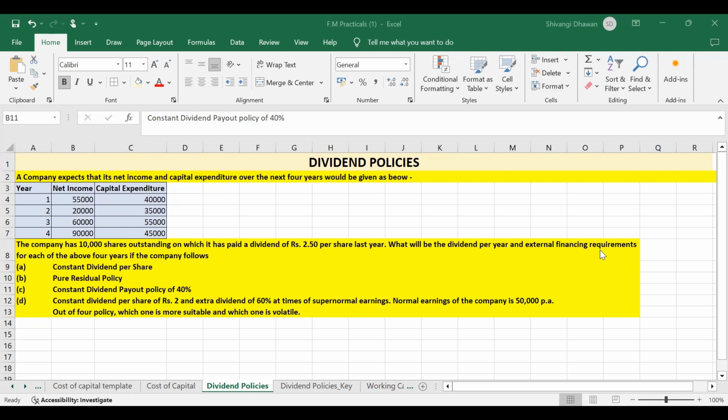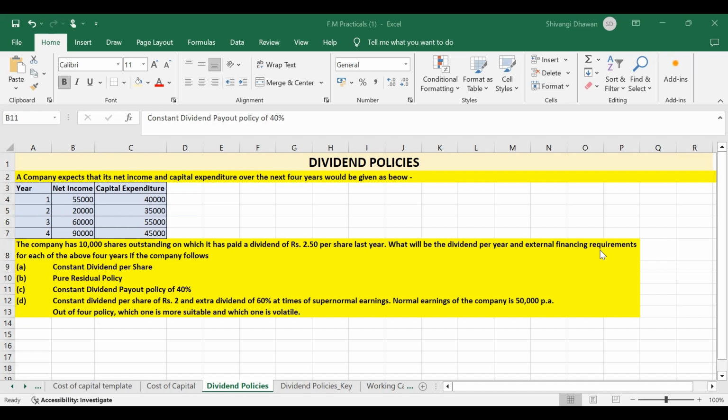So, it is basically concerned with the financial policies regarding paying the cash dividend in the present or paying an increased dividend at a later stage. The dividend policies can be classified into a number of categories like regular dividend policy, irregular dividend policy, stable dividend policy, residual dividend policy, no dividend policy.